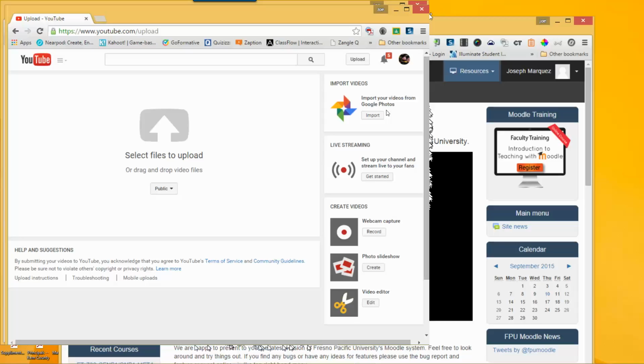So if they put that actual app on their phone, the Photos app, and it's linked to their GAF account, when they take a picture, it instantly uploads it to their Photos, which will then instantly upload it to their YouTube Photos. So it all becomes seamless to them once that's happening. And I heard earlier that a lot of teachers are still unsure of how to log into Google.